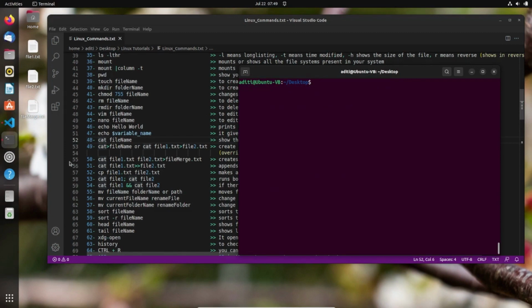Let me clear this screen. The next command is similar to the previous one, but this is a way you can run two to three, or multiple, commands in a single line. Here you can see I have used this semicolon, and in the second line I have used the ampersand sign. Both basically do the same thing, but I'll show you the difference, like when to use what. I'll write over here cat